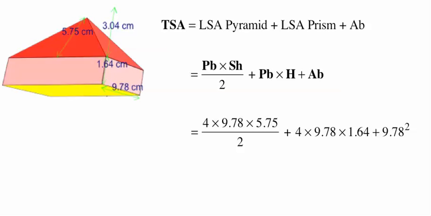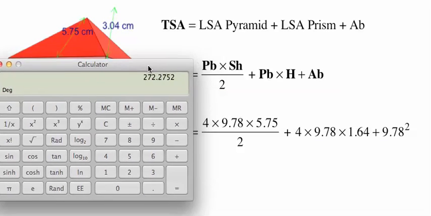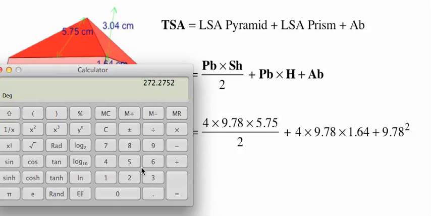Okay, so then it's calculator work. So we take our calculator, and 4 times 9.78 times 5.75 divided by 2 plus 4 times 9.78 times 1.64 plus 9.78 squared equals, okay, so